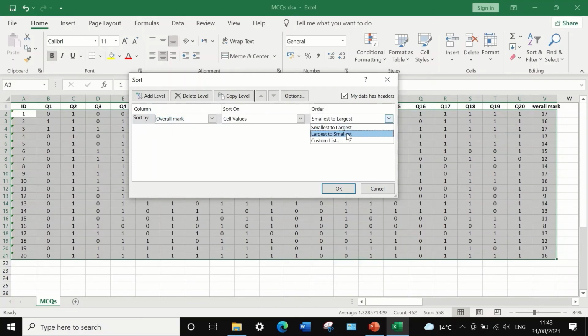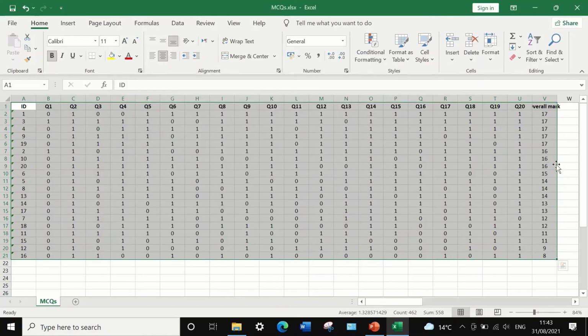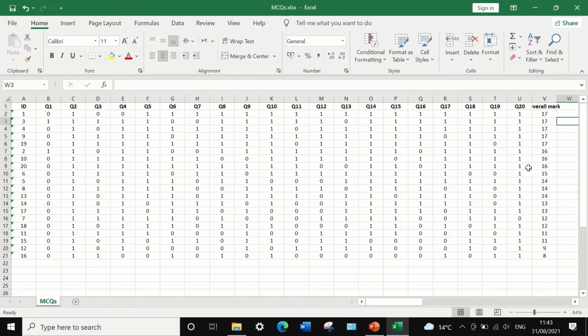And we're going to rank the data in the order of the largest to the smallest. If we click on OK, we can see here that the software has arranged the data from the highest to the lowest. So the lowest score by students was 8 out of 20, and the highest is 17 out of 20. Now, following the arrangement of the overall scores in descending order, we need to generate the upper group